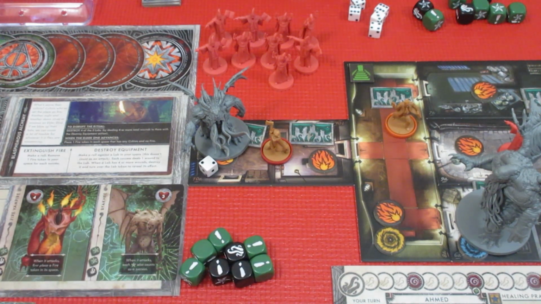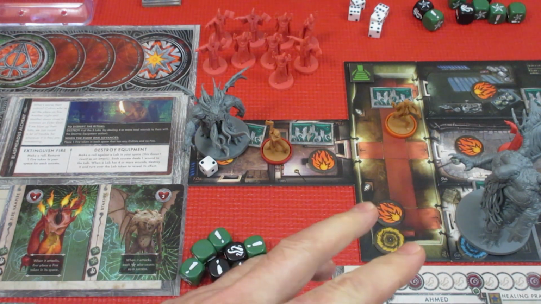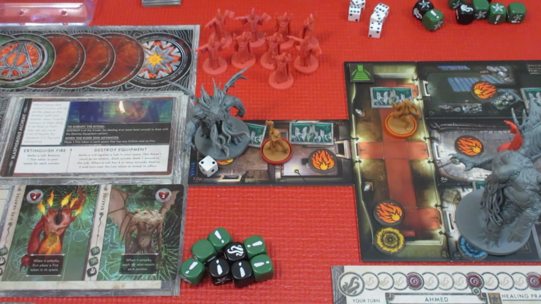Okay, do we want to have... What is Cthulhu? Oh my god, Cthulhu now will be rolling 3 green dice and 2 black dice. I don't know if I want to move her over to the Cthulhu spot or not, or leave her with the Star Spawn, because she's going to have...